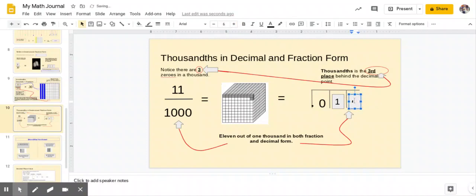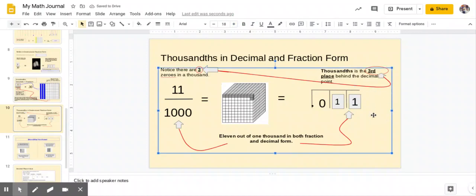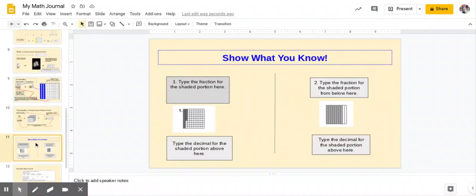So we have 11 thousandths. Now where zeros aren't necessary at the back end, the 0 here is necessary to make sure that we are in the thousandths place. Okay, you're going to go into your own journal in Google Classroom